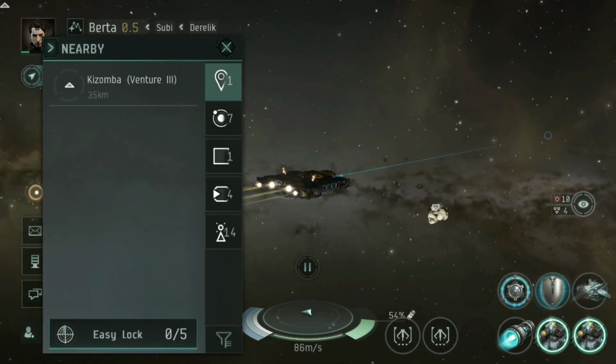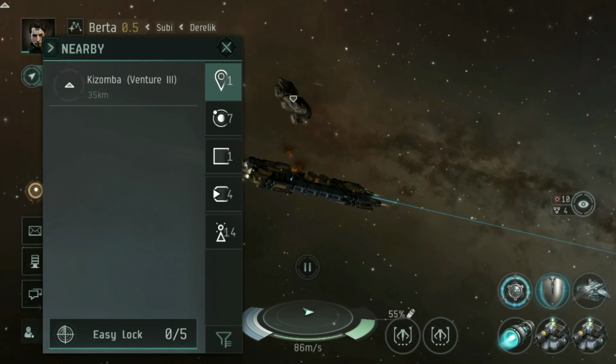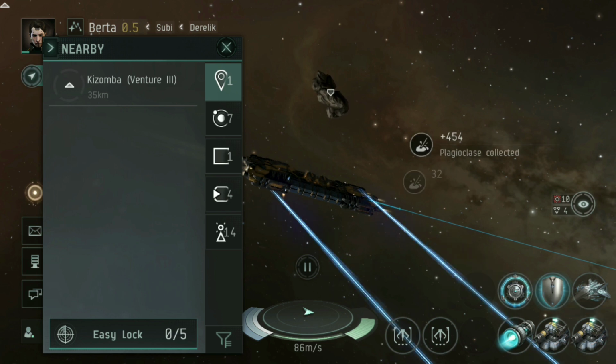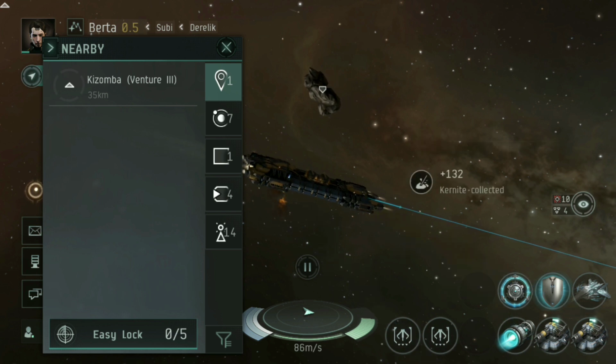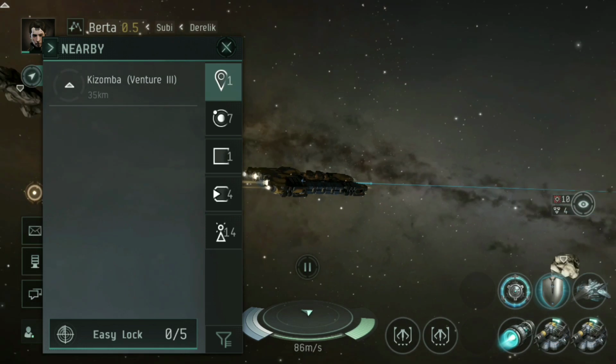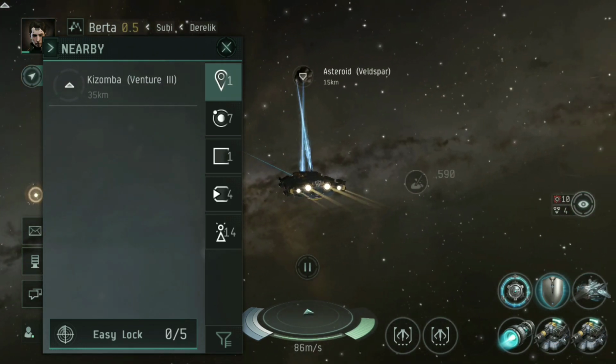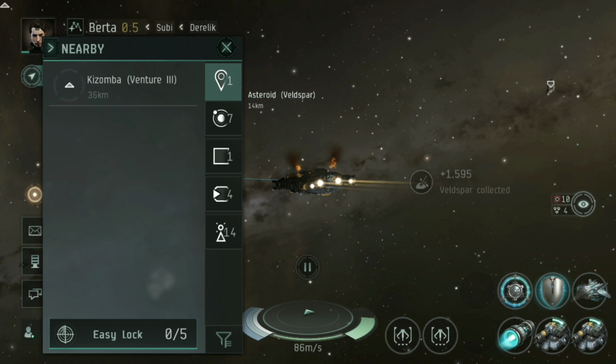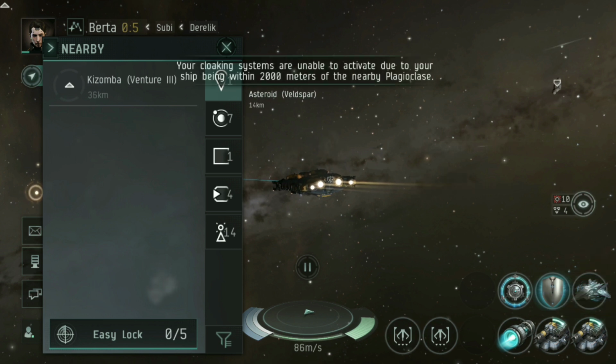Now, I'm not going to sit here and fill up my ore hold. That's for me to do on my own time, not when I'm making a video. But I do want to showcase why I've got that autopilot up there. If I'm sitting here watching my nearby and I see another ship come into position, something that I don't like the look of, something that I don't recognize, what I can immediately do is firstly pop on the